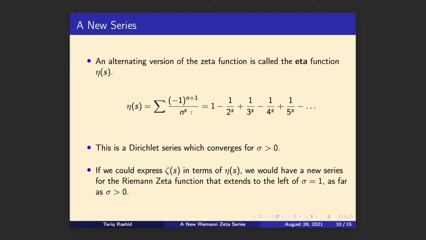This one you'd expect to converge over a larger area than that one because it's got minuses, not just pluses. And in fact, we can work out that it converges for sigma more than 0,